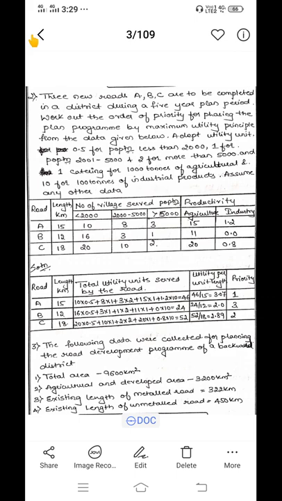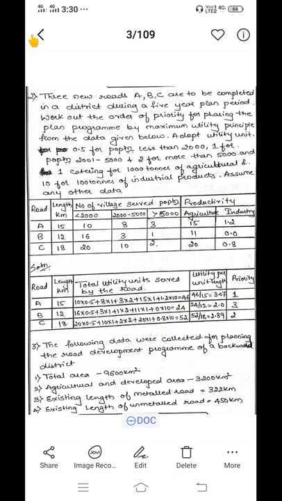Plus there are 11 villages whose agricultural productivity is above 1000 tons. So it is 11 into utility unit for agriculture, which is 1. There are 0 villages whose industrial productivity is more than 100 tons, so it is 0 into 10. So the total utility we got is 24. So 24 divided by 12, it is 2.